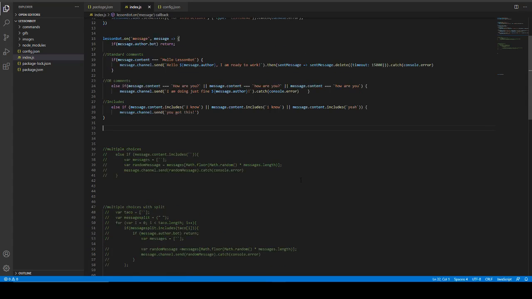the next thing I want to talk about is multiple choices. Now, the bot right now is just saying "you got this." Well, what if I want a specific word, phrase, listen, or content to trigger multiple choices? Okay, so that's where we're going to take this, enable this one. All right. So else if message.includes, we're going to say "yes." We're going to say or